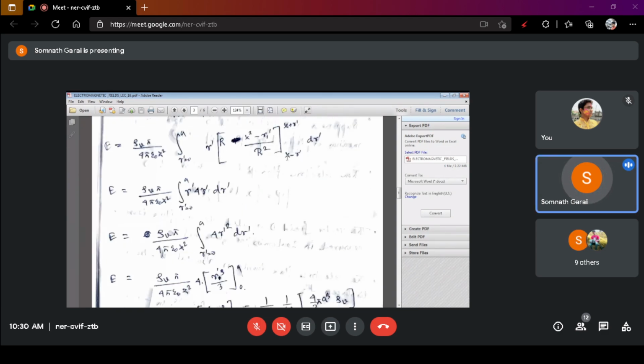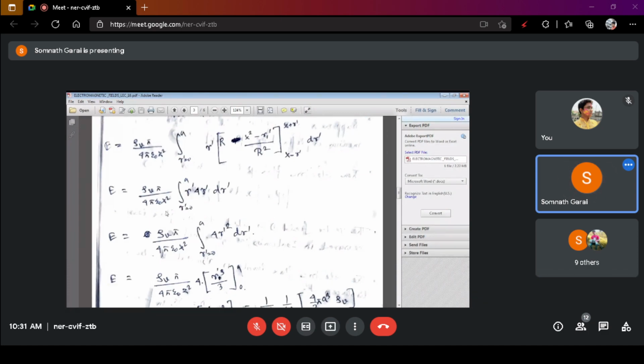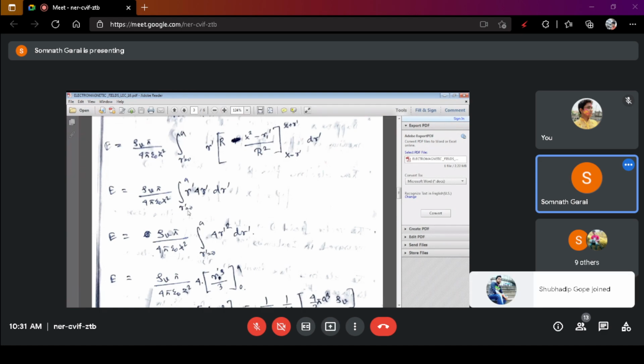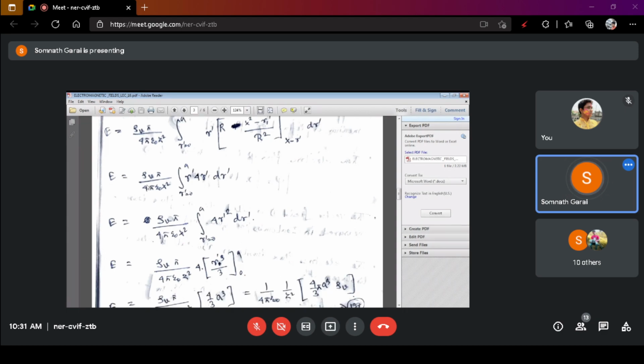And put the value of capital R equals minus Z minus r dot by Z plus r dot, we get 4 r dot, right? 4 r dot. Now, already r dot is existing, and integrating over r dot, whose upper limit is A and lower limit is 0, over 4 r dot square, right? So the equation capital E is equals to